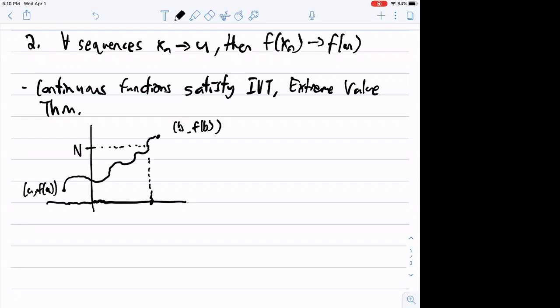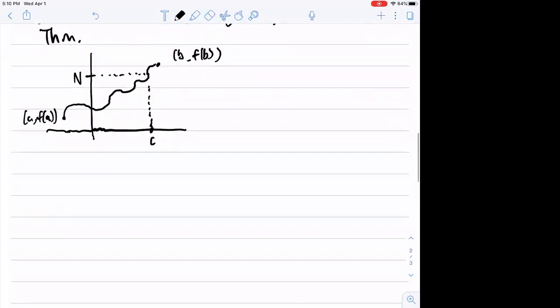Your text calls this C. But basically, IVT says you hit every value in between. So what this is useful for is helping you find roots. That's one of your homework questions. In fact, your homework question asks you to find 3 roots. But an example would be, let's do an easier one. Maybe show it has one, show sine x